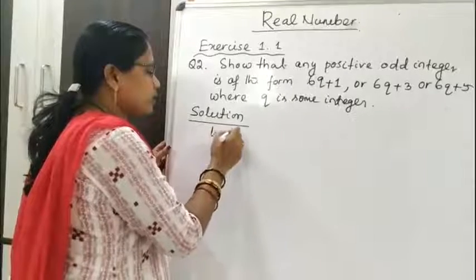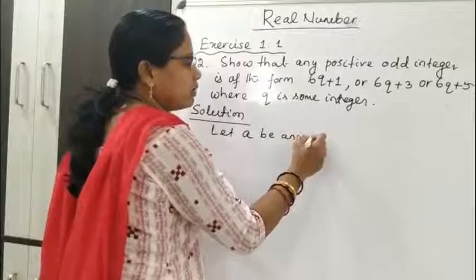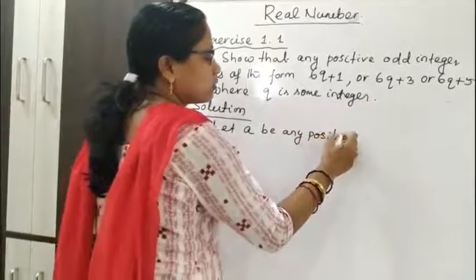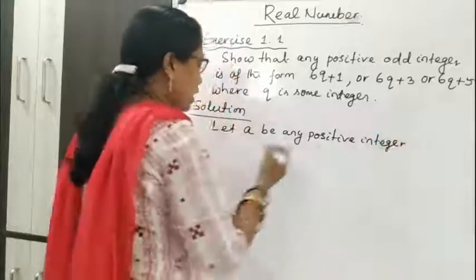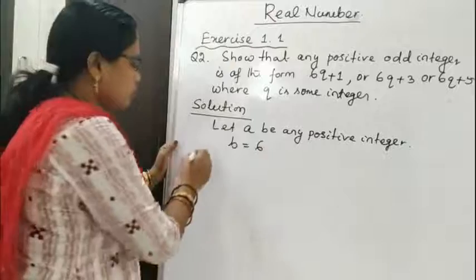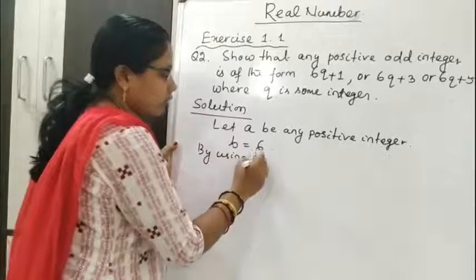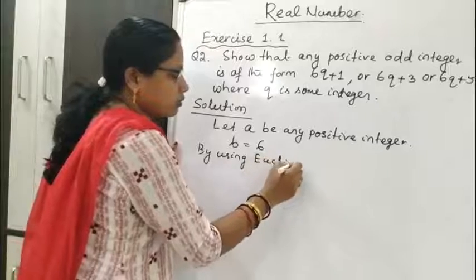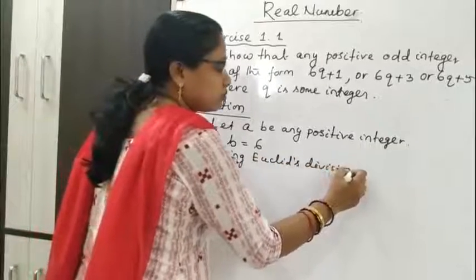Let a be any positive integer and b equal to 6. So by using Euclid's division algorithm,